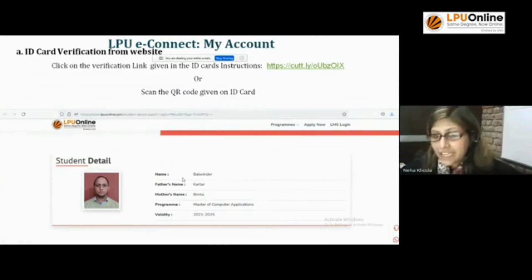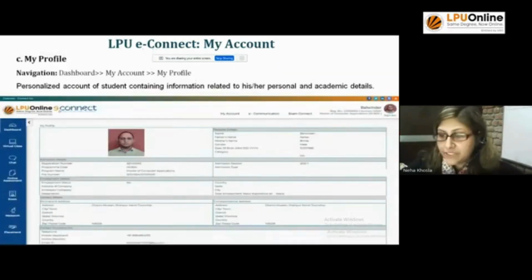इसके अलावा आप डायरेक्टली भी वेबसाइट को रीच करके वहां पे जो एक लिंक है वेरीफाई योर आईडी कार्ड, वो डाल के आप चेक करोगे तो योर डिटेल्स आर देयर। तो कोई भी आपकी ऑथेंटिसिटी चेक कर सकता है कि आप रजिस्टर्ड स्टूडेंट हो एलपीयू के। दिस इज योर प्रोफाइल।